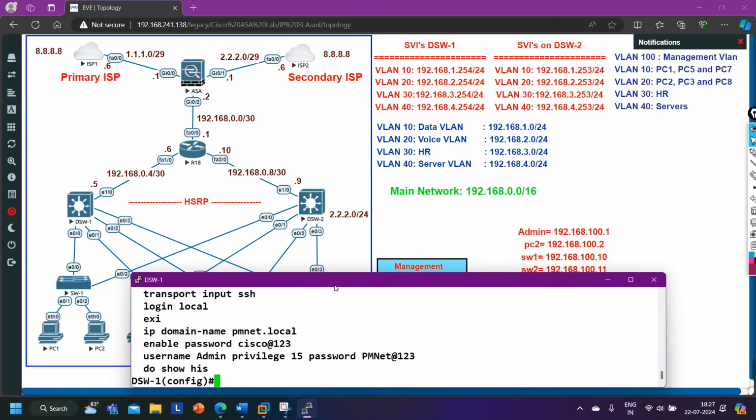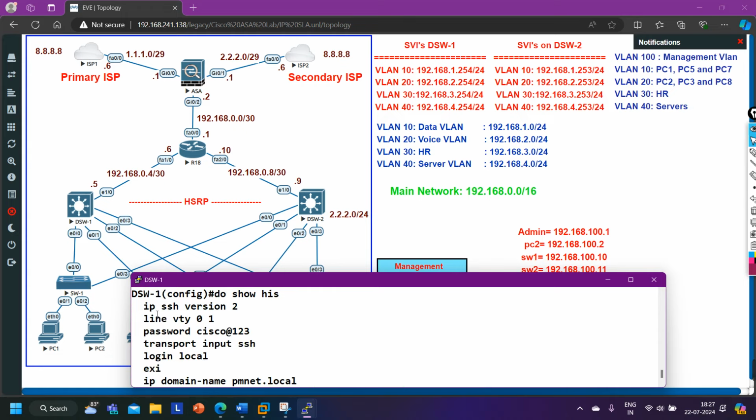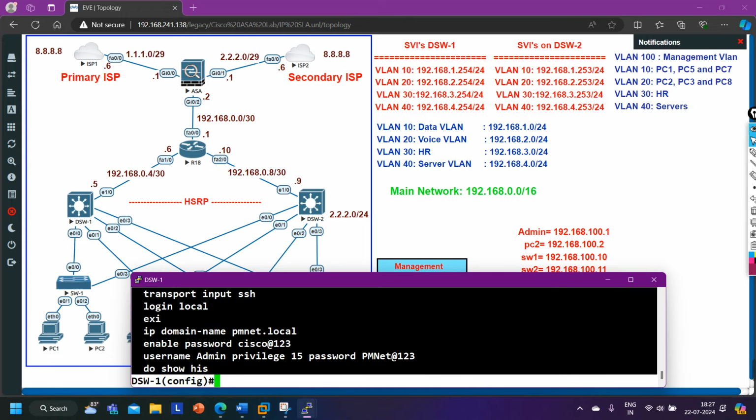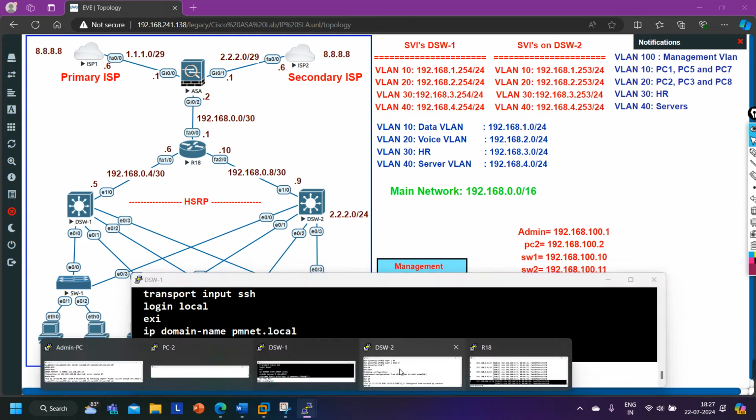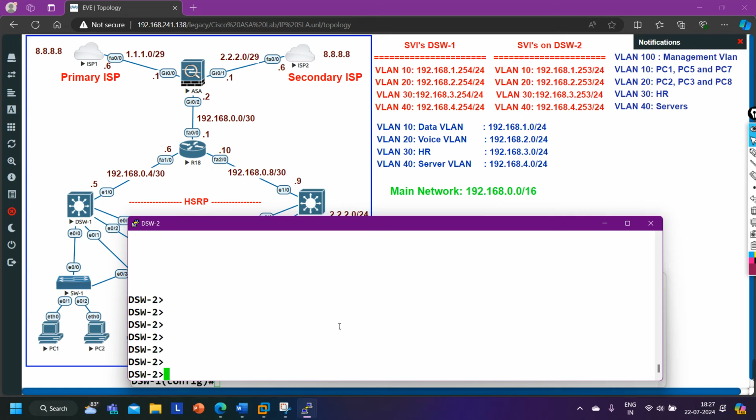Do show history, let me copy this command and let me paste all these commands on distribution layer switch 2 also. Now distribution layer switch 2,